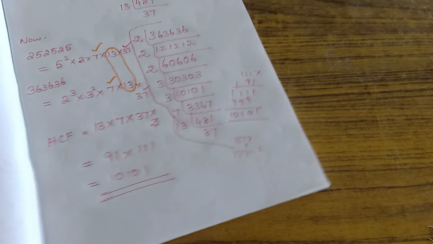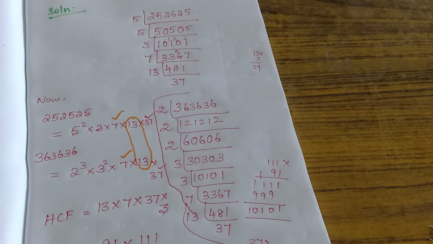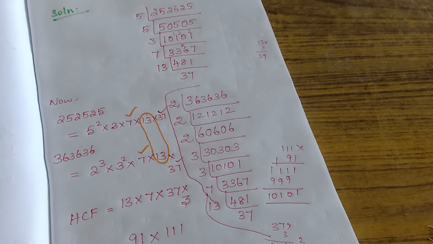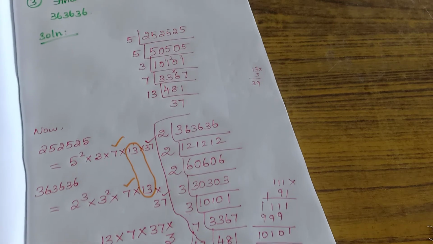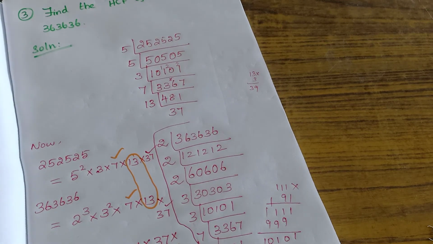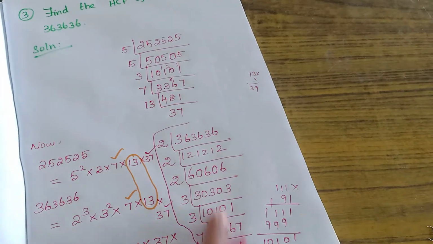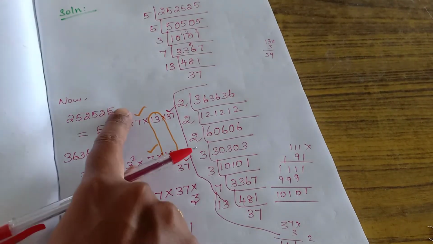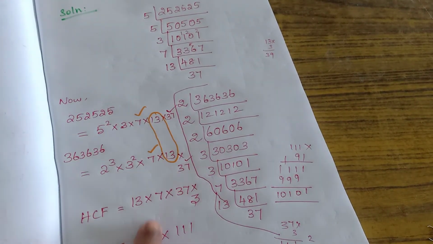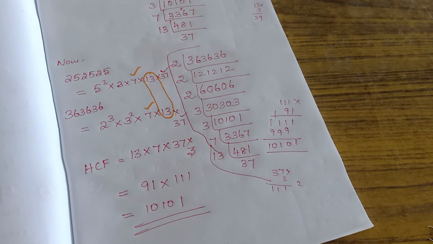That's all. Suppose if they ask by Euclid's division algorithm, you need to write that concept: a is equal to bq plus r. Otherwise, if they simply ask for HCF, you can use Euclid's division algorithm, otherwise this method. First you need to do prime factorization. After that, write the common terms, select the common ones, and after that multiply. You will get the answer easily. Okay, shall we move to the fourth problem now?